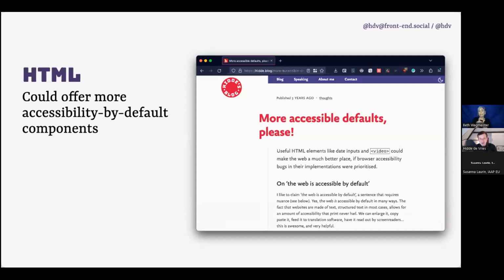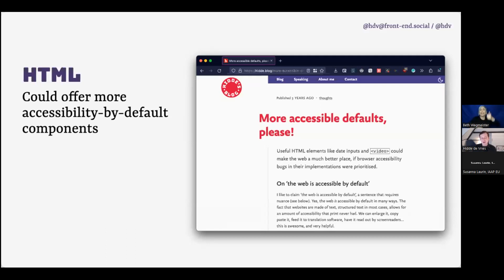I wrote a post called "More Accessible Defaults, Please," where I encourage browser makers to look at that. It would be great if some of these issues would be addressed so that HTML really has accessibility built in the way that it is supposed to. It will make accessibility advocacy a lot easier too, because you could say, hey, just use the right HTML and it will work. And these are all problems that are much easier for browsers to fix. Not easy, but easier than for individual web developers.